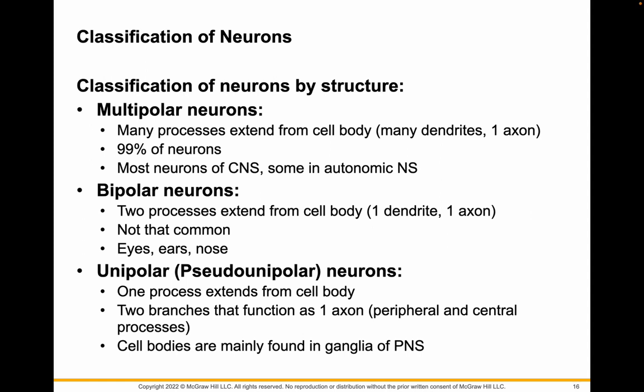Bipolar neurons only have two processes, so you're only going to have one dendrite instead of many, and one axon. Always one axon, right? We see these in the ears, the eyes, and the nose. So not that common. Sensory. And then there's unipolar. We don't use pseudo-unipolar, even though it kind of makes sense, but unipolar, just one process comes off the cell body. And what happens is that process then branches into an axon and